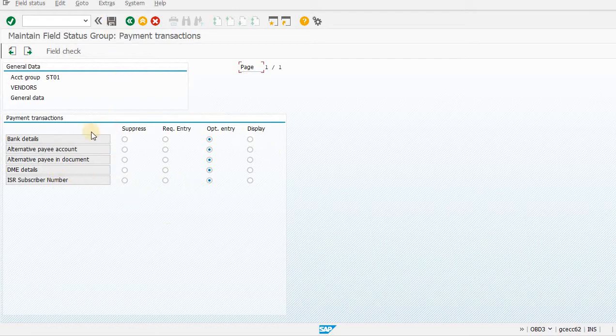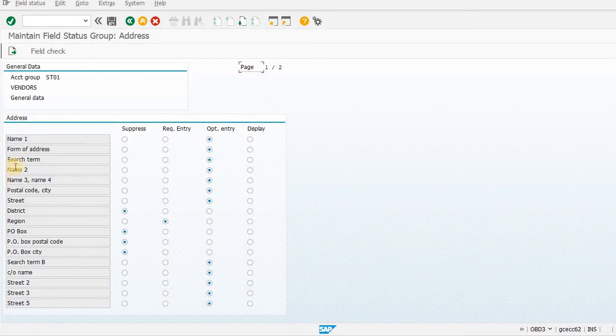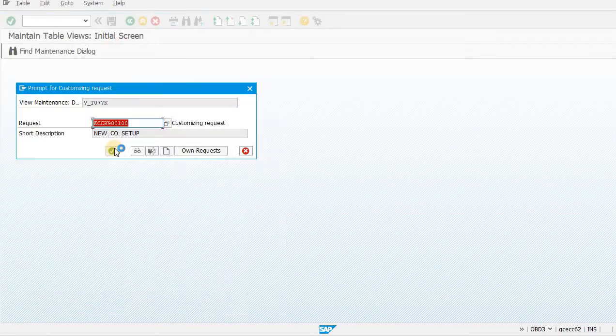These are the fields which we can suppress and make mandatory, optional entry, or just for display. Suppose, for better understanding, let me make one thing display. Suppose the PO box number, instead of suppress, I am just going to display, and then save and run.